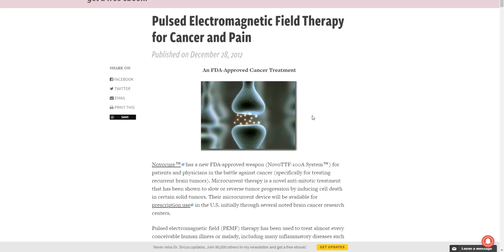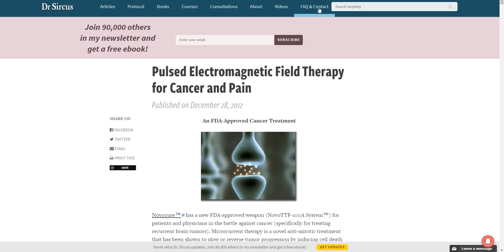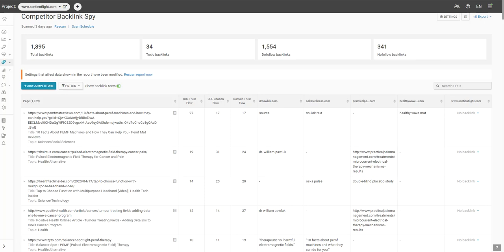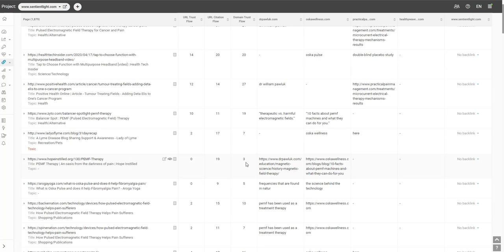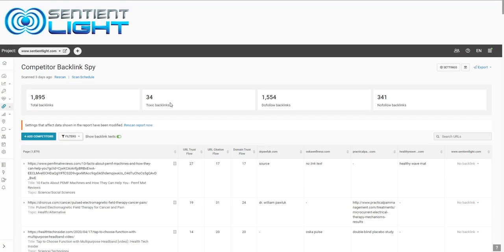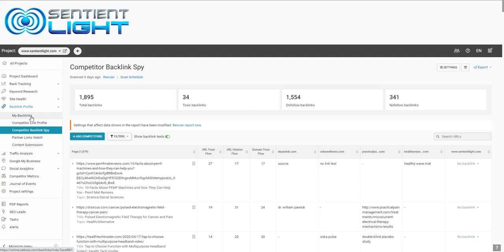And the way you do that, of course, is you have to actually find a contact. You have to find the people who do the page, etc. So you can basically spend a lot of time doing this, and it's really worthwhile. So the whole Competitor Backlink Spy issue is extremely important, and so that is one of the most important things you can learn today. And then, of course, to find out your actual backlinks, you'd go to Backlink Profile,